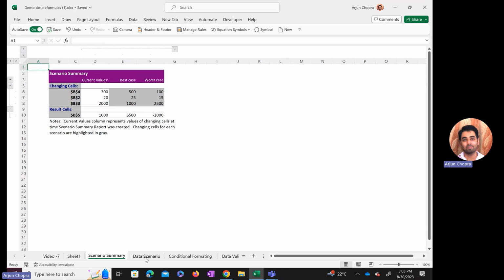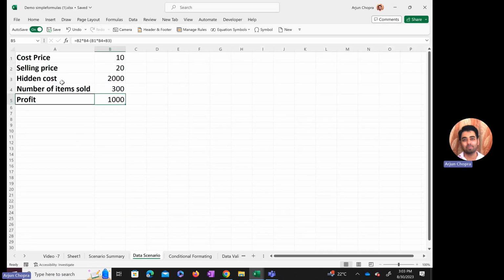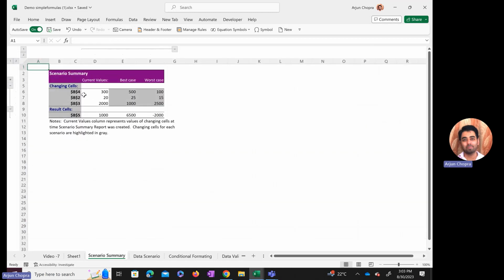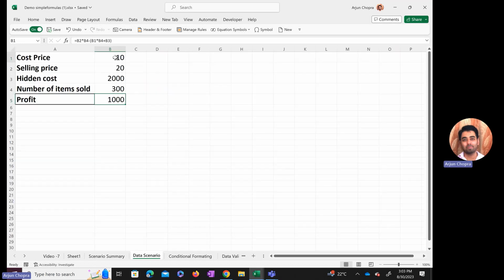Now, one last thing before I finish the class for the day is that you can change the name of the cells. So down here, scenario summary, I am referring to these cells. I don't know what these cells are all about. So I can click here and then this one I can mark here on the top rectangular section. I can mark it as CP, cost price, and press enter. All right, so this cell is marked as CP and this cell I wanted to mark it as SP and